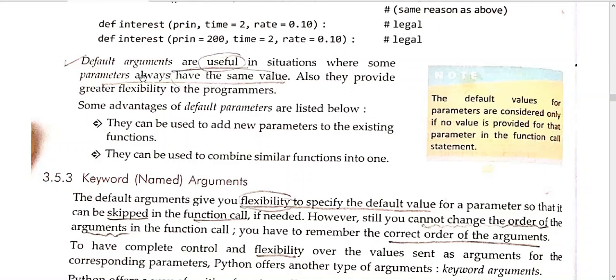So while calling the function, if I say 2000, 3, 20%, then all these default values will be ignored. If you have already passed a default value, it doesn't mean that this value cannot be changed. If you pass a new value in the function call, then this value will be overwritten. The default will only be used when you are not passing the value.